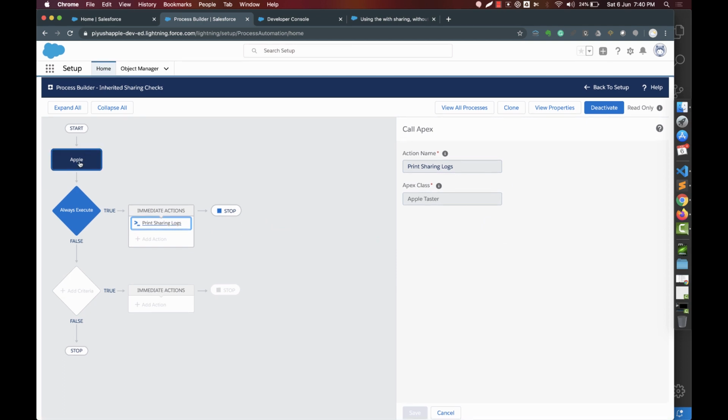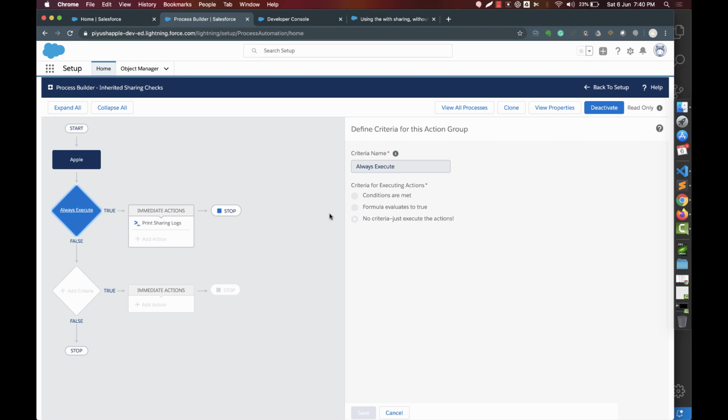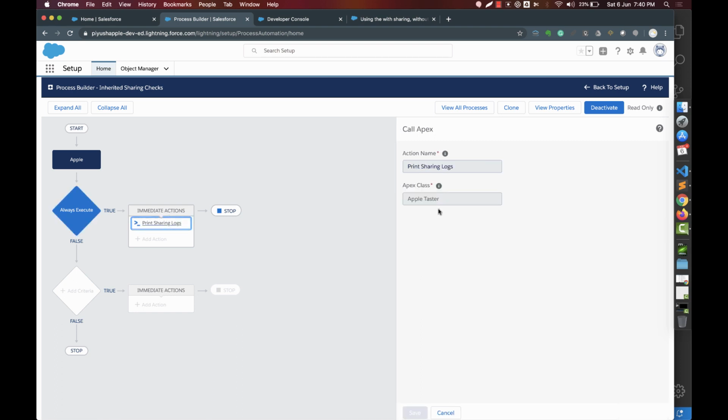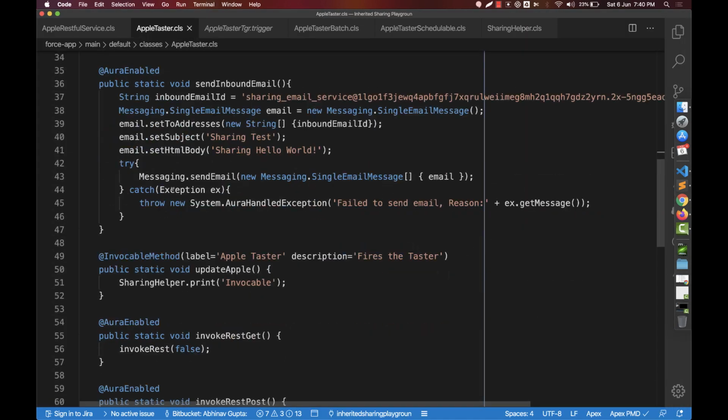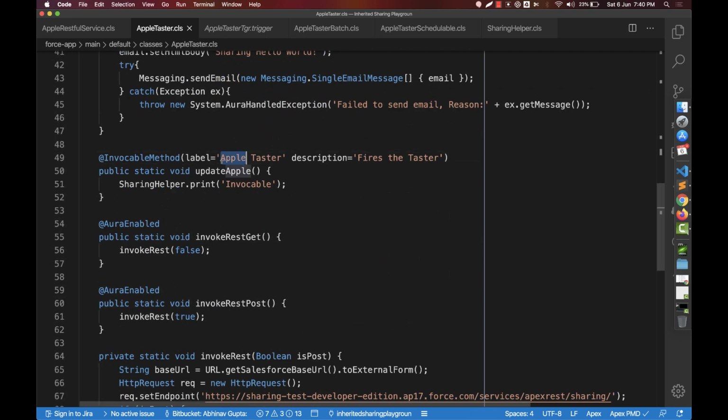So here is the process builder which gets fired whenever the record is created or edited, and it has no criteria. It always executes because we are just in playground mode, and it calls this invocable action on the Apple tester. If we check this invocable action, it is here, and again it is just calling the sharing helper and it is invocable.